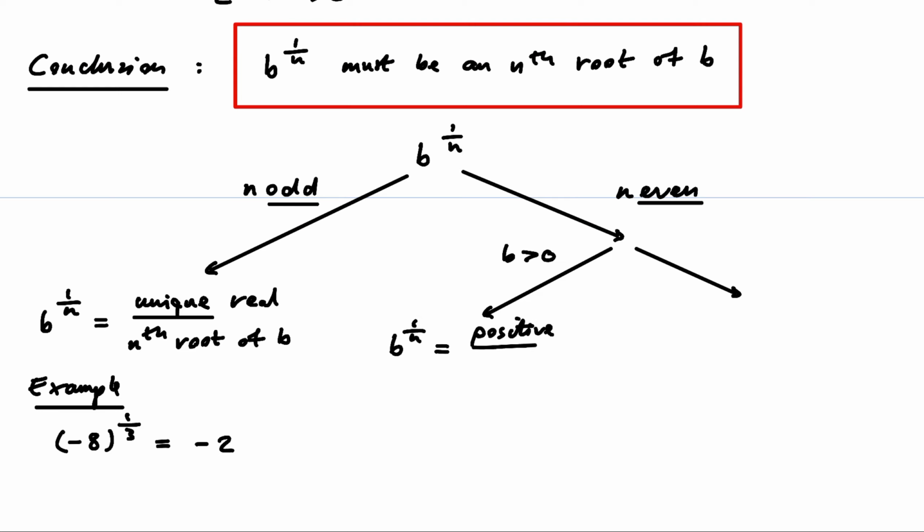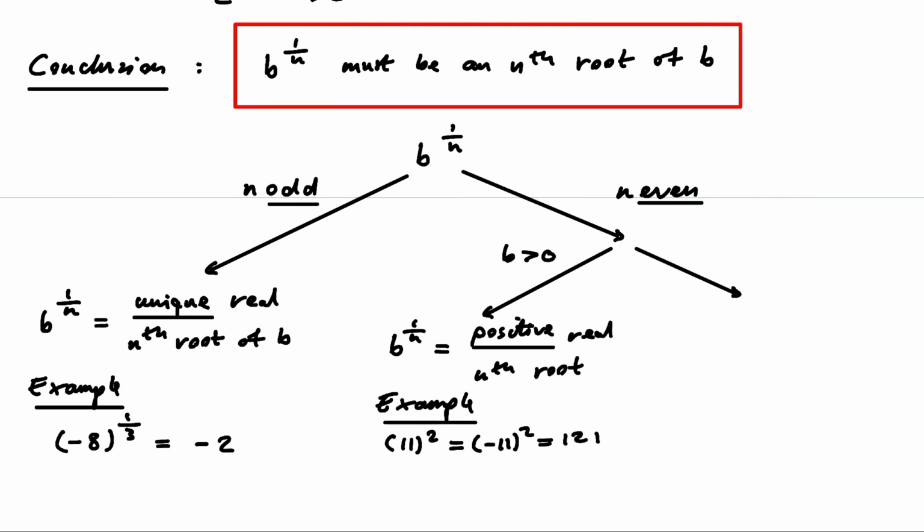The positive real nth root. Okay, so it does exist, but there's two of them. So just as a quick example, 11 squared is equal to minus 11 squared, that's equal to 121. So that means I've got two square roots of 121, plus and minus 11, we make the choice